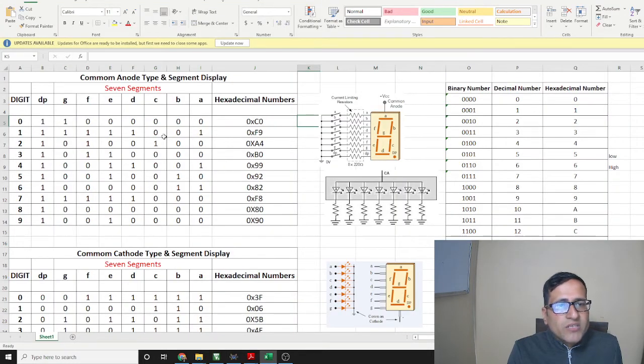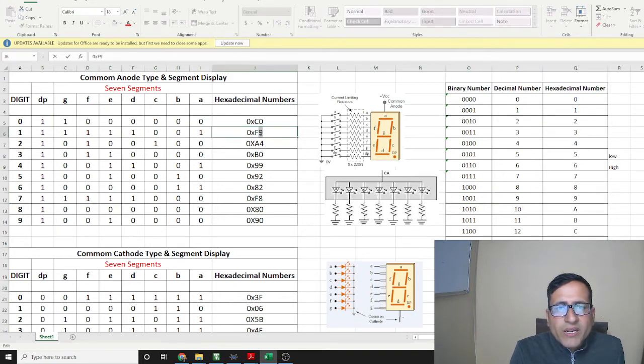Likewise, in the case of the digit 1, our A, B, C, D value is 1001. From this table we can see 1001 is 9. So we will put here 9.